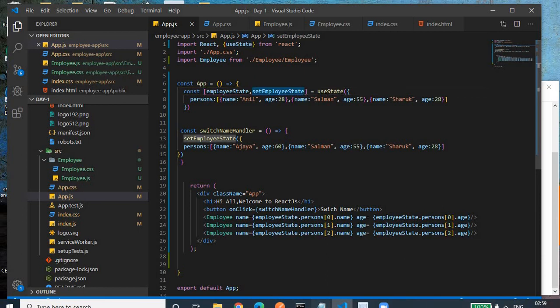Whatever name you give here, you provide the same name there. And here we are updating the state. Earlier we had Anil and age 28 for the first employee. Now the name is Ajay and age is 60. So now the state is changed on click of button, the render function is called again, it will pass the updated props for the first employee, and then our UI gets updated.